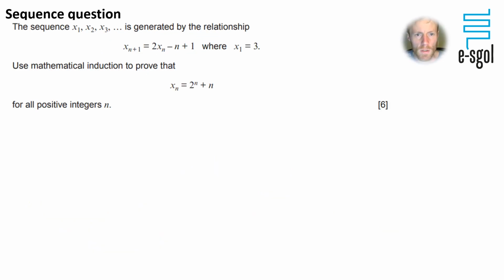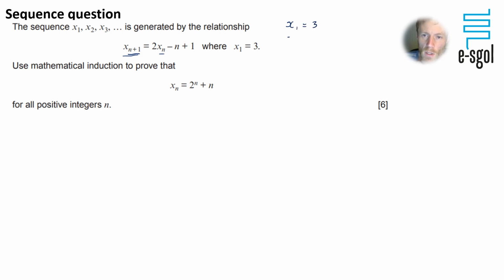Okay, so I found this interesting question, one of the past papers. It's not really a sum of a series or a divisibility question, but I thought it was interesting anyway, and maybe we should just take a look at it in case you come across something in a sort of new scenario. So we have a sequence, and it's generated by this relationship, and we'd say this is a recurrence relationship. It's telling you how to get from one term to the next term in the sequence, and it says that x1 is equal to 3. You could go ahead and find what x2 is, etc.